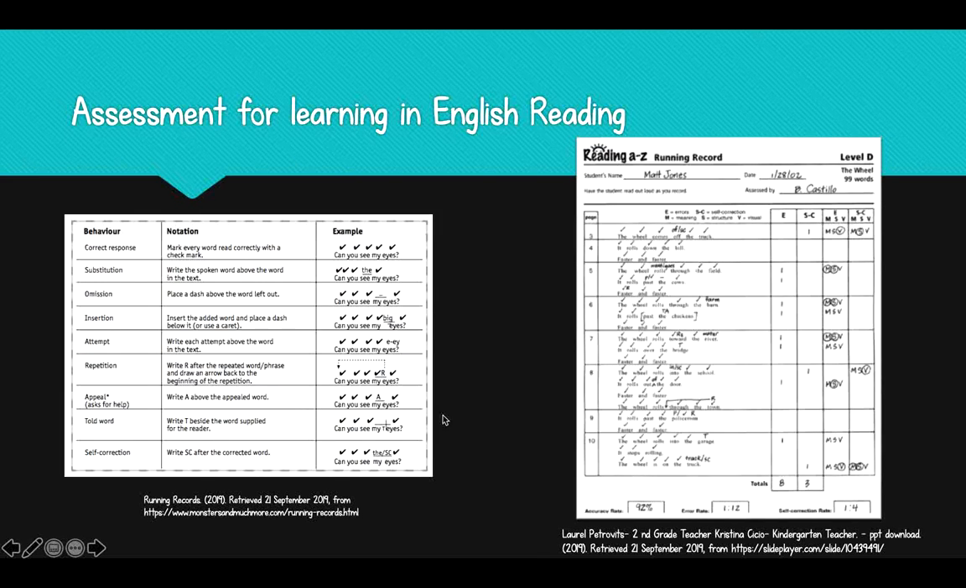Here are some examples of a running record. This one here that you see is the key. So what the teacher will do: if it's a self-correction, they might write it there. They tick above the word that they get right. They might be omitting words or inserting words. That's a big thing you see in Year 2. And then here is an example of a Year 2 running record. Sorry, it's not very clear, but